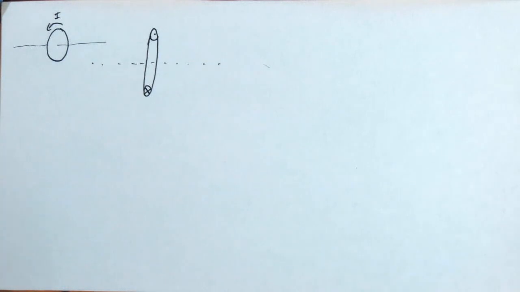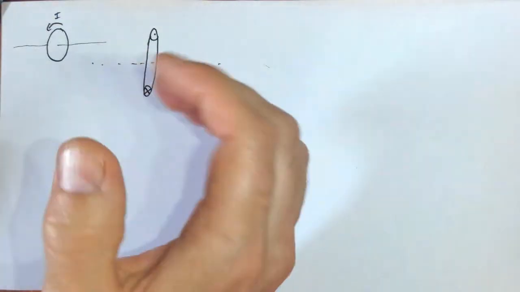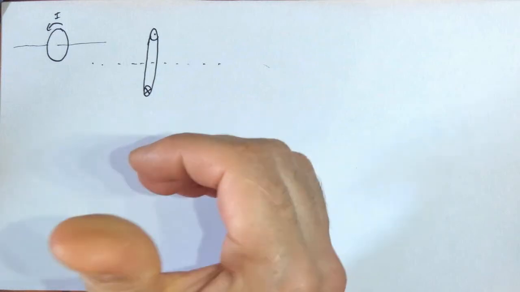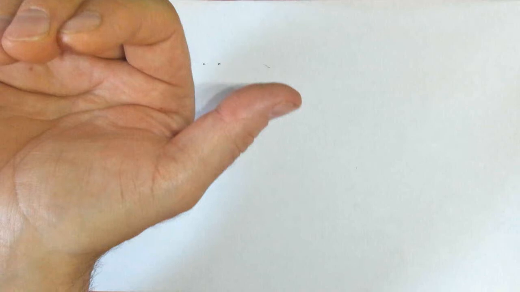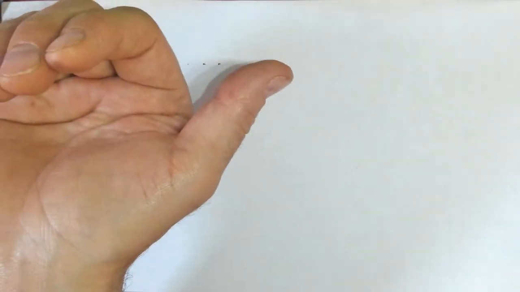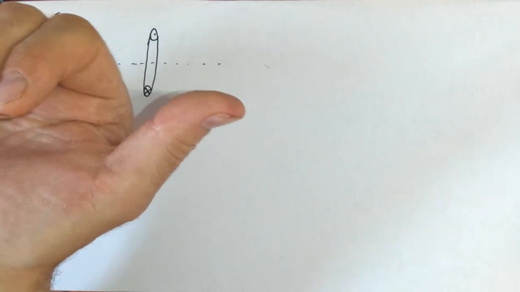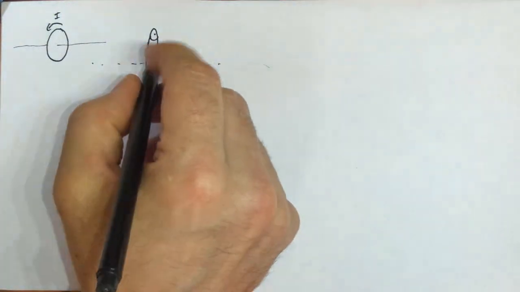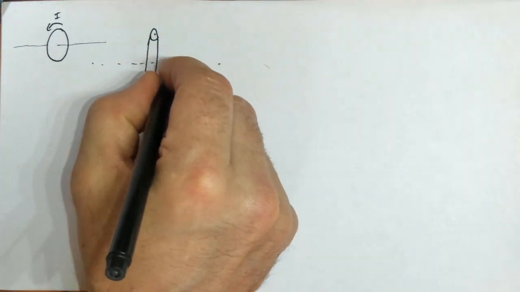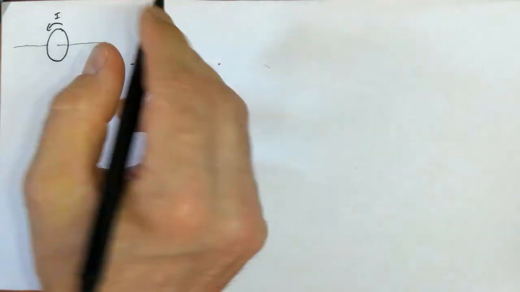And I'm going to emphasize the curly way. Okay. So the current right now is curling, and your hands are curling. Your thumb is straight. And so you can curl your hands in the direction of the current, so out of the page at the top, and your thumb will indicate the direction of the magnetic field in the middle of that loop. Okay, so curling thing, straight magnetic field. All right, and so we know that the field is going to be pointing like this, and it'll get smaller with distance as